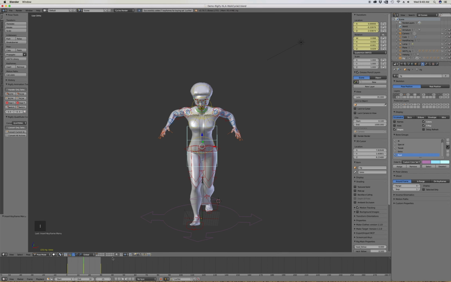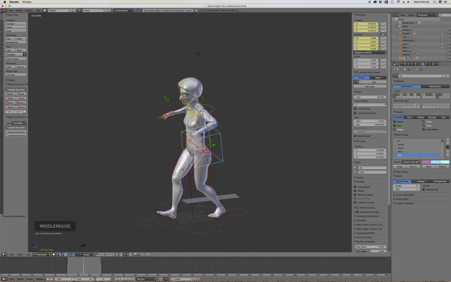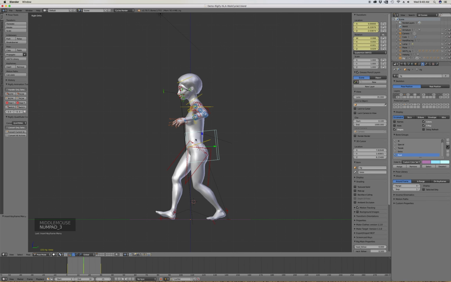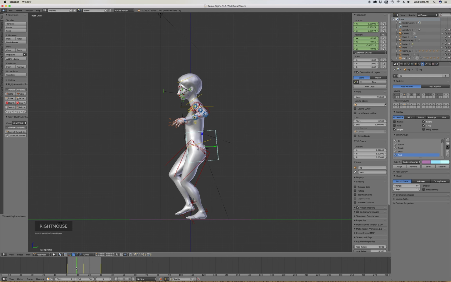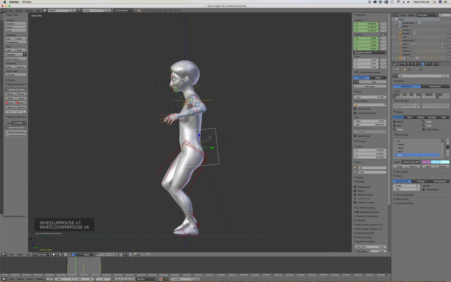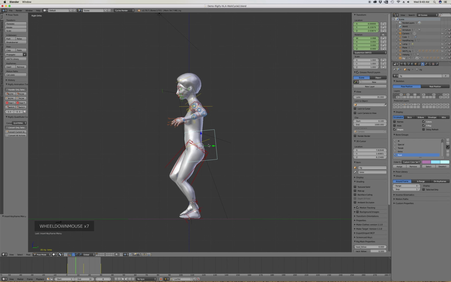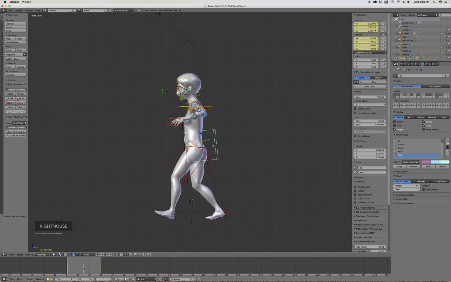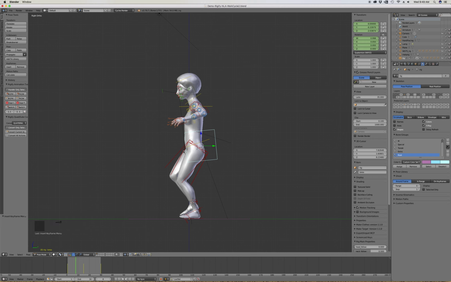Okay, and the reason I decided to do that before I keyframe the up and down motion on the passing pose is because there will be just a little bit of twist in this on the passing pose now, and I don't want to have to come in and actually figure out about how much twist there should be between the twist here and the twist here. So by keyframing it on either side first,